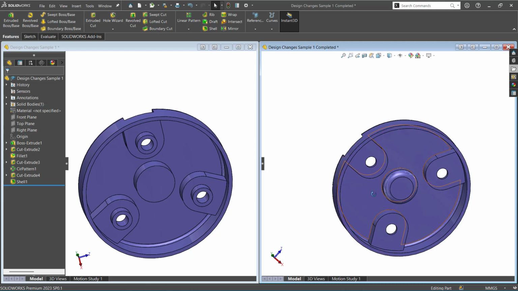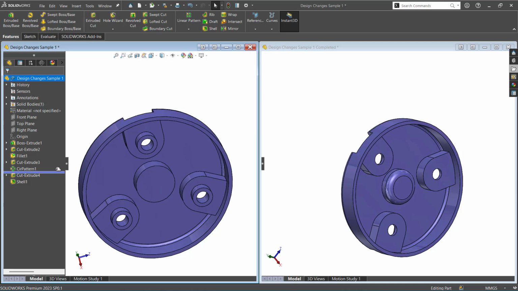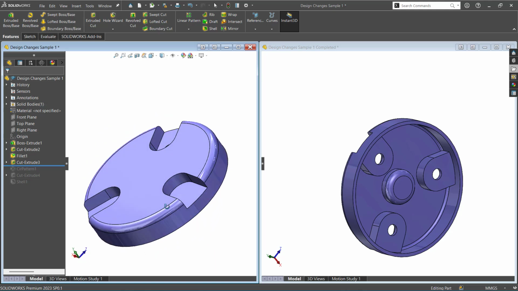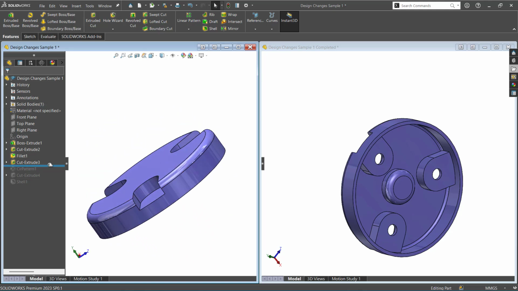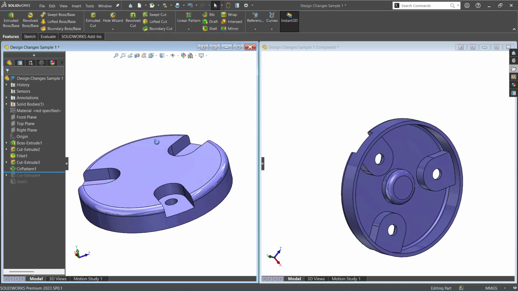Okay, now here you could see we don't have this extension, but we have it here. What do we do? We'll analyze the model again. Just go back. Now he has created a cut, right? Yes. Now I'll just use a circular pattern. Okay, now